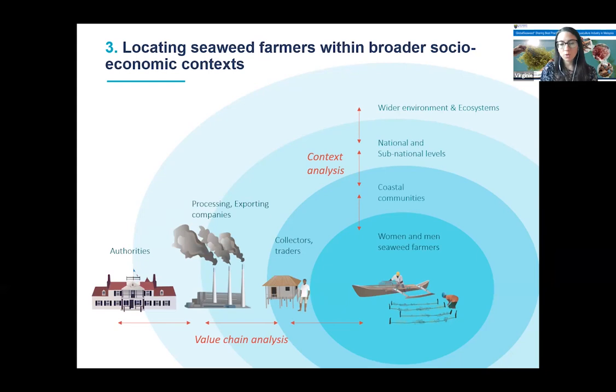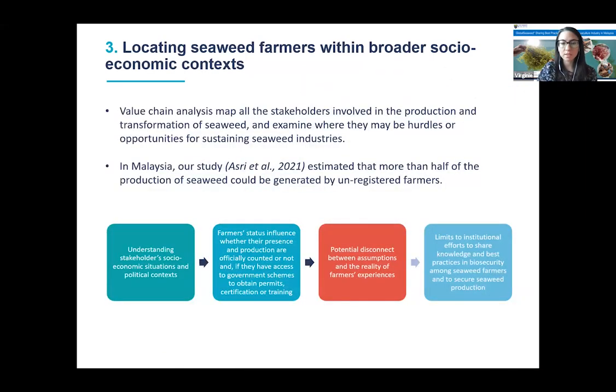And that means looking more closely at the relationship between farmers and collectors or traders, but also between traders as well as buyers, processors, or exporting companies, and with the role of local authorities as well as national authorities. And this value chain analysis combined with context analysis enable us to map the different stakeholders that are involved in the production and the transformation of seaweed, but more importantly, to examine where there may be hurdles or opportunities for